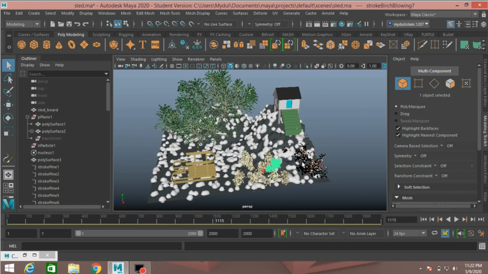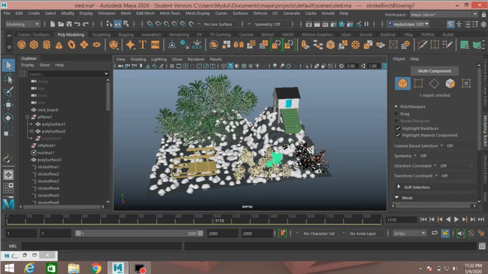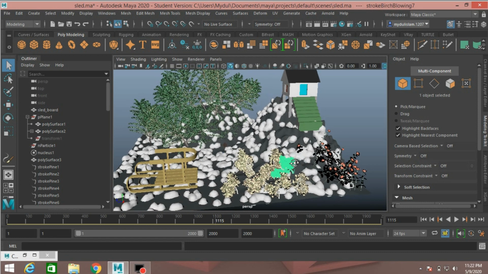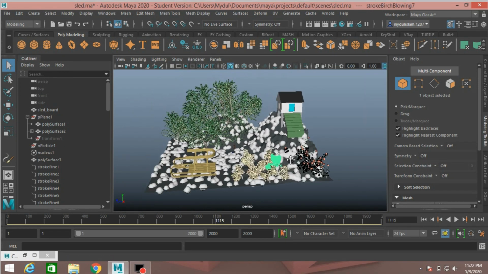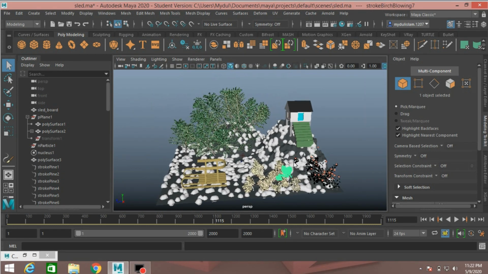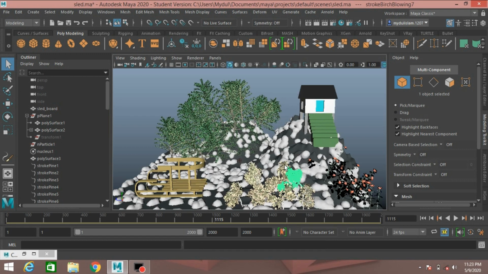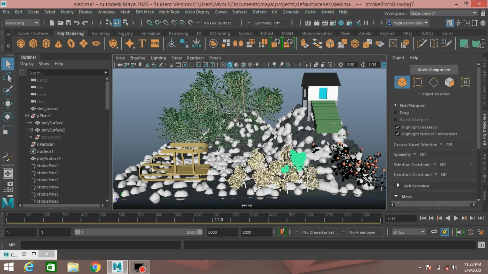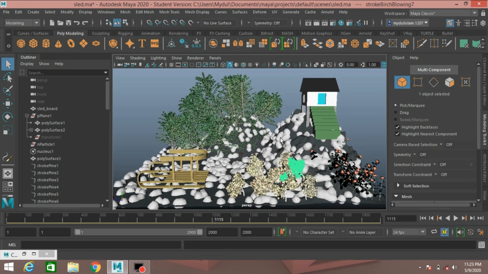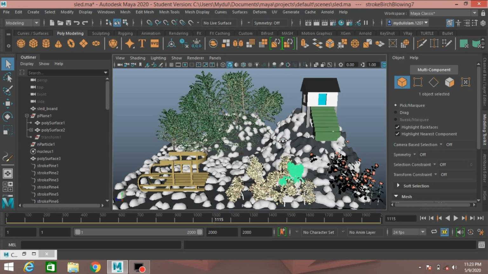Select the quick selection tool and position the view for final render. Now position it just like this.